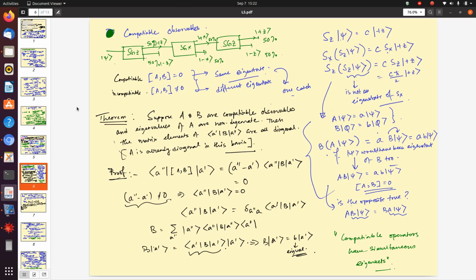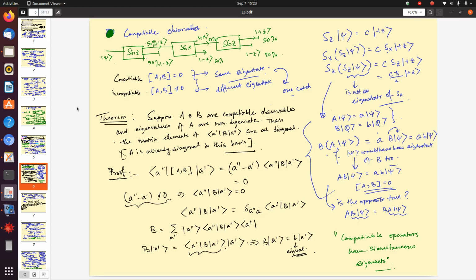So, as if the beam, or even the single electron, has forgotten that it was a plus Z before the SGX measurement. But that will not happen if you perform both SGZ. Then the beam will of course keep the plus Z, and the output will be plus Z again. So, it tells you that these observables are of two types. One is, of course a trivial example, when you perform the same observation twice, then it's the same observable. Another is if you perform two separate observations, then something special and peculiar happens.